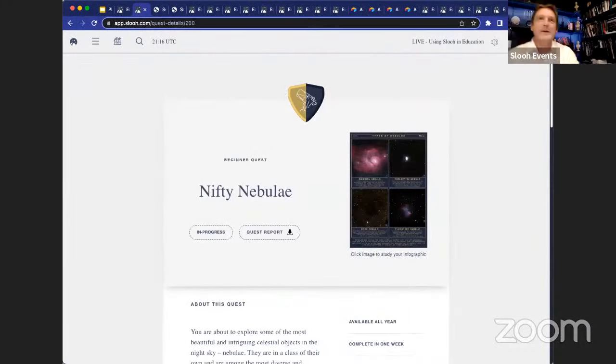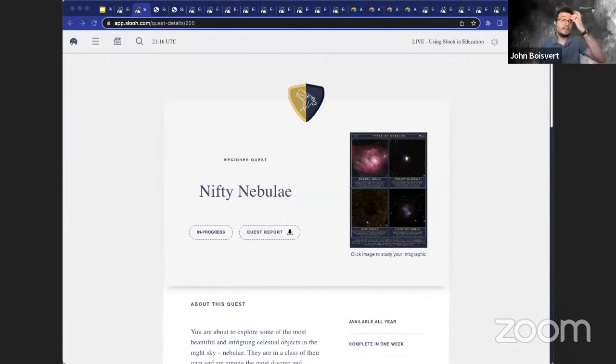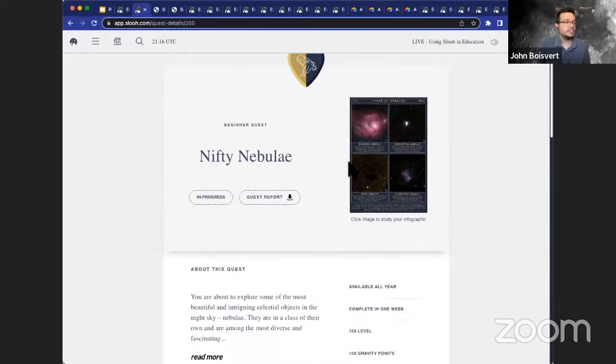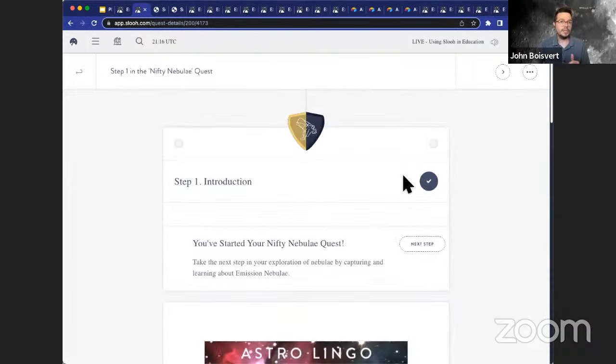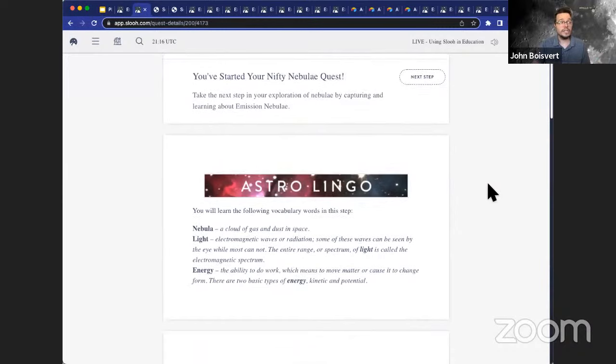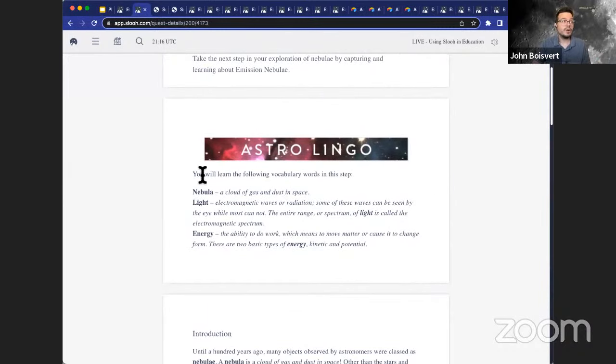Now, here we are with Nifty Nebulae, and in this Quest 2.0 process, we've edited 27 quests. When you go into a step, the first thing that you'll notice is an astrolingo section, and this describes all of the vocabulary words that are going to be introduced within this step.